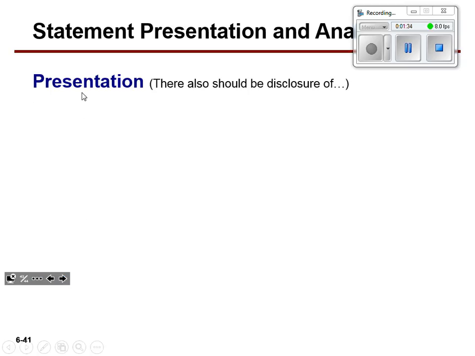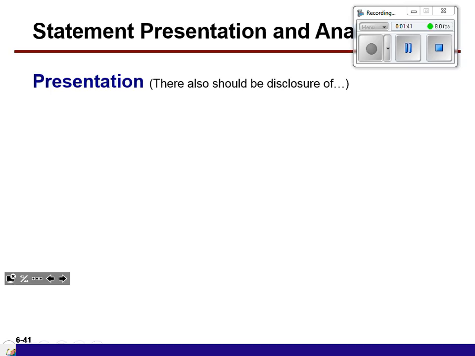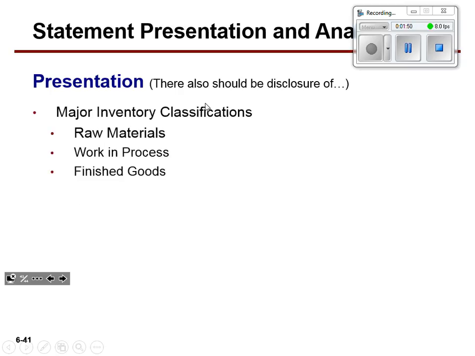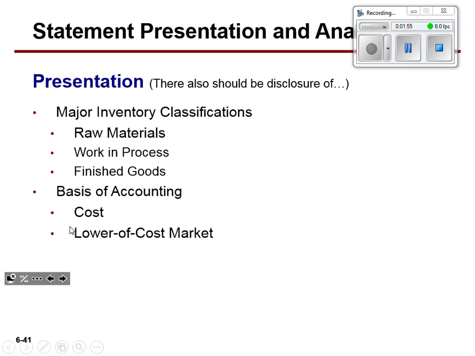You don't have to write all of this down, but here's what you need to know with a very heavy, intensive inventory-based retailer. When you present all of this stuff on the balance sheet and income statements, you have to have some kind of disclosure there. So disclose that you have raw materials, work in progress, finished goods. Disclose whether you are using cost or lower of cost or market, and disclose if you're using FIFO, LIFO, or average. So in other words, somewhere on the financial statement, like a little asterisk, and then down there in fine print below,